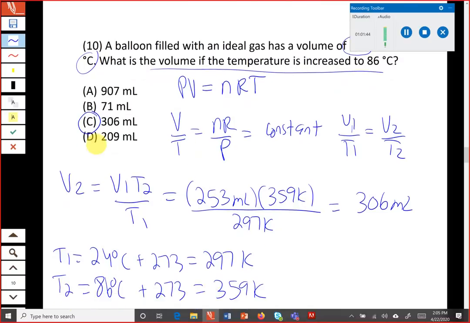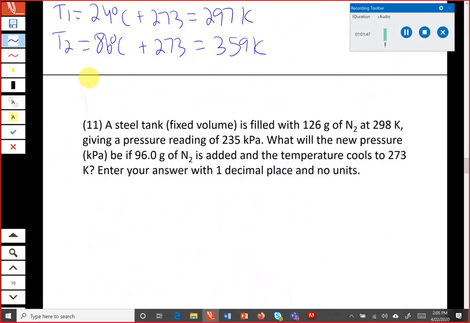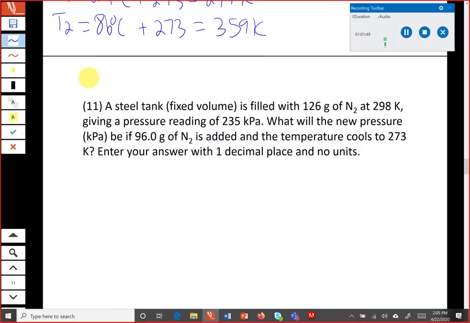All right, the next question here is related. It's also going to deal with the ideal gas equation. So we have a steel tank with a fixed volume, so that means volume is constant. And that's going to be filled with 126 grams of nitrogen at 298 Kelvin, giving a pressure reading of 235 kilopascals. What will the new pressure in kilopascals be if 96 grams of N2 is added and the temperature cools to 273 Kelvin? So if we start with PV equals nRT,